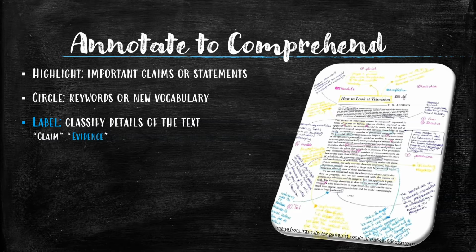And then we might label when we see their evidence. Evidence can be examples, quotations from the sources that they're referring to. They might narrate and tell a story to support their claim. So when we see a claim, we should expect to see some evidence, and we can use labeling to break up those parts of a text.